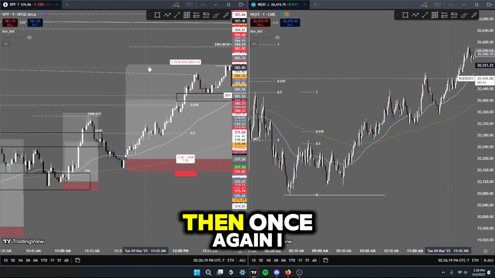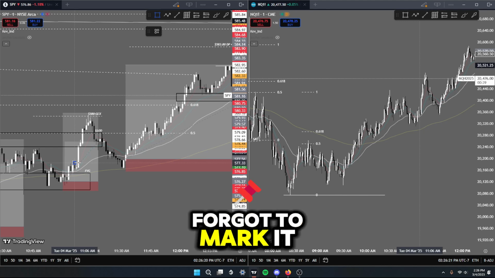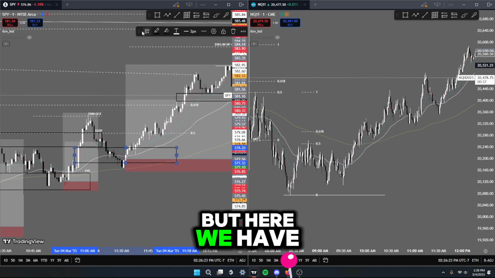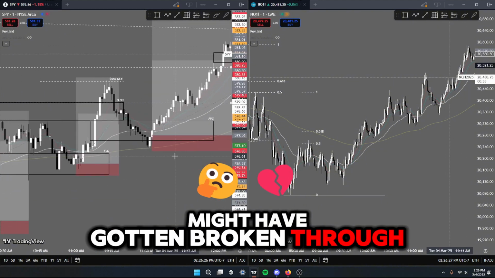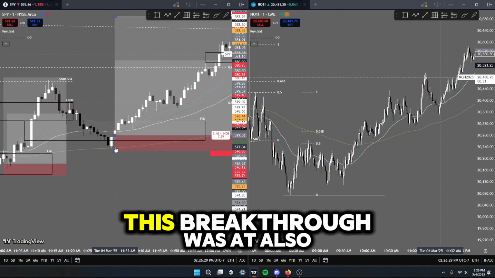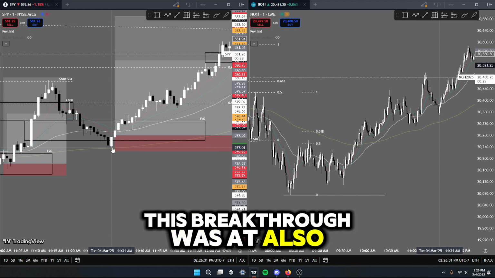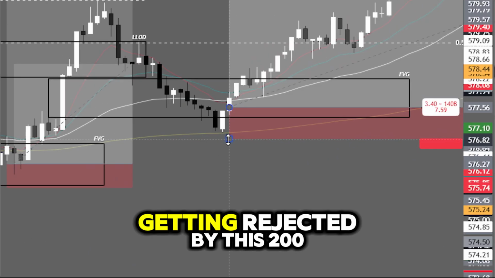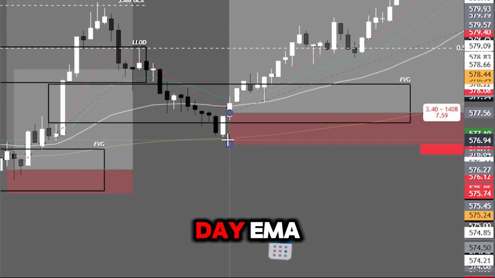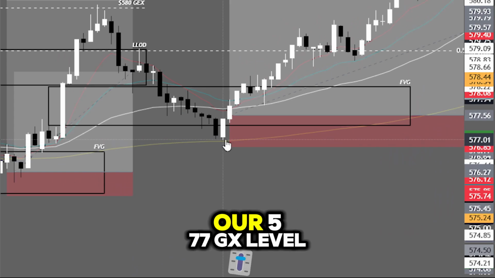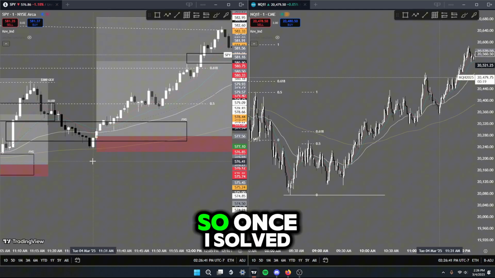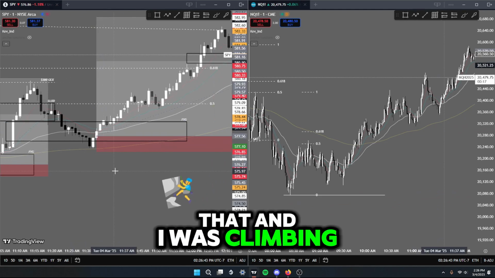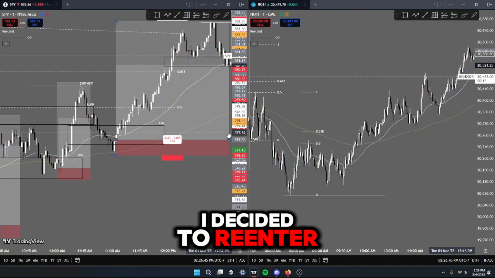Perfect. Then, once again, I forgot to mark it out here, but here we have this fair value gap that, yes, might have gotten broken through, but look at this. This breakthrough was also at the same time getting rejected by this 200-day EMA, which is right at our 577 GEX level. So once I saw all of that and us climbing back up, I decided to re-enter once again,